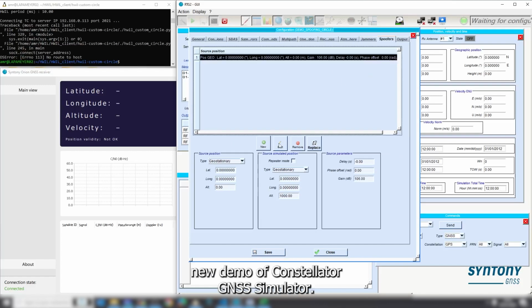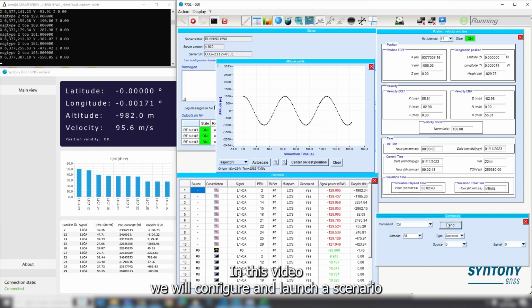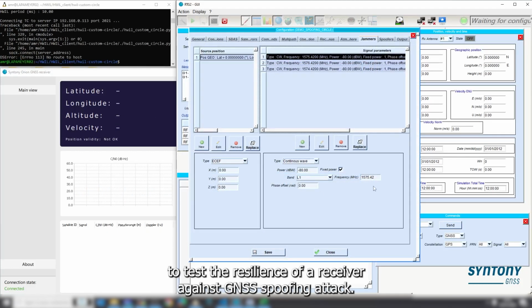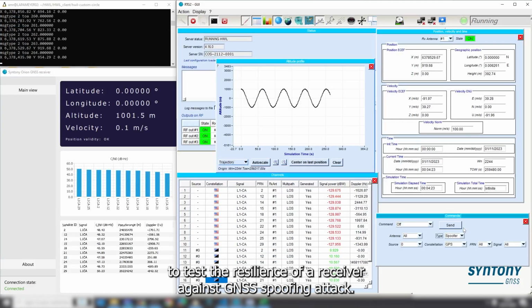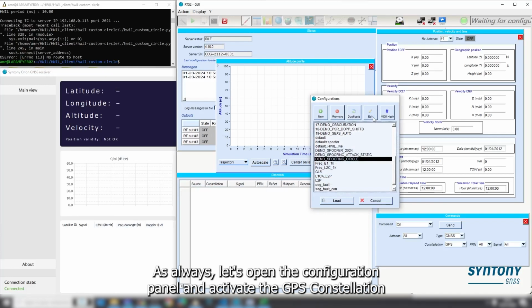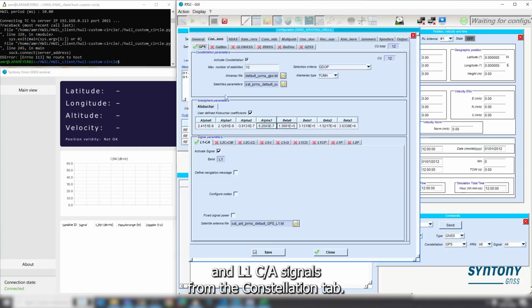Welcome to this new demo of Constellator GNSS Simulator. In this video, we will configure and launch a scenario to test the resilience of a receiver against a GNSS spoofing attack. As always, let's open the configuration panel and activate the GPS constellation and L1CA signals from the Constellation